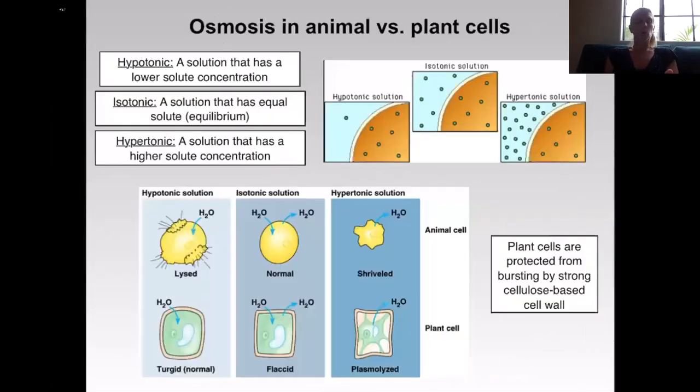All right, so what is the difference between animals and plant cells? So first, let me repeat those solutions. So a hypotonic solution is a solution that has lower solute concentration than the cell. An isotonic means that they have equal solute on the outside and the inside of a cell. In hypertonic, remember my hyper situation over here, where we are going to have the outside of the cell be,